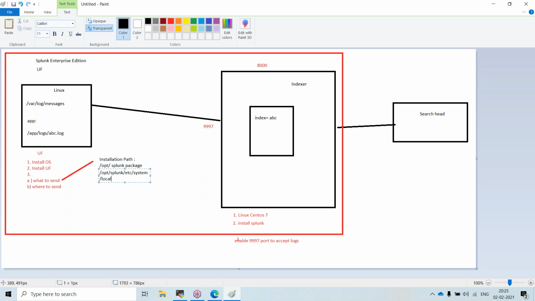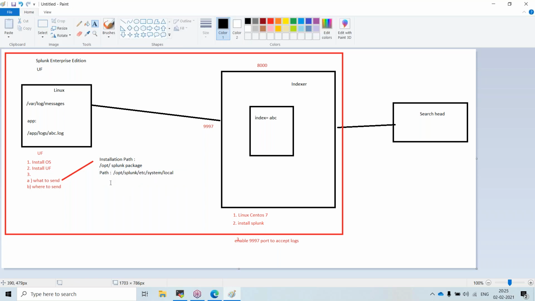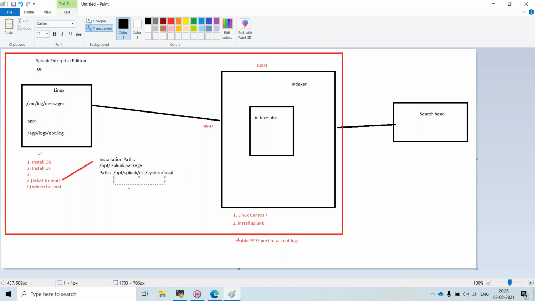This is basically the path where I have to do the configuration. This is applicable for both receiving and sending. In this path I have to do my configuration, and in this path there will be two files. One is inputs.conf.